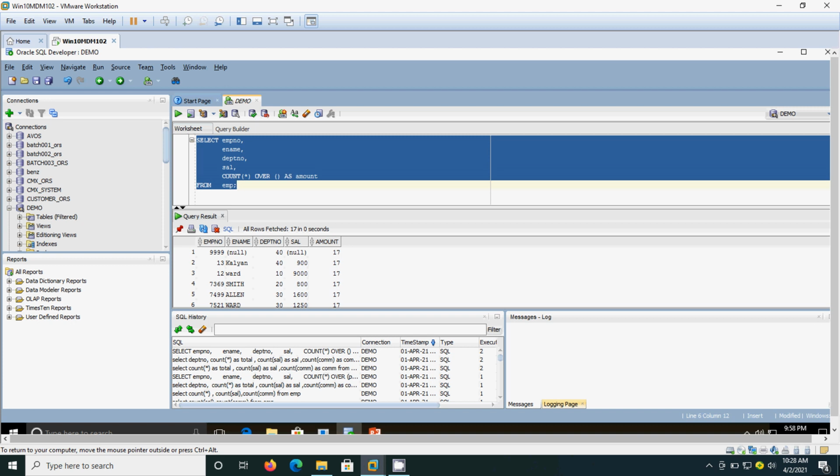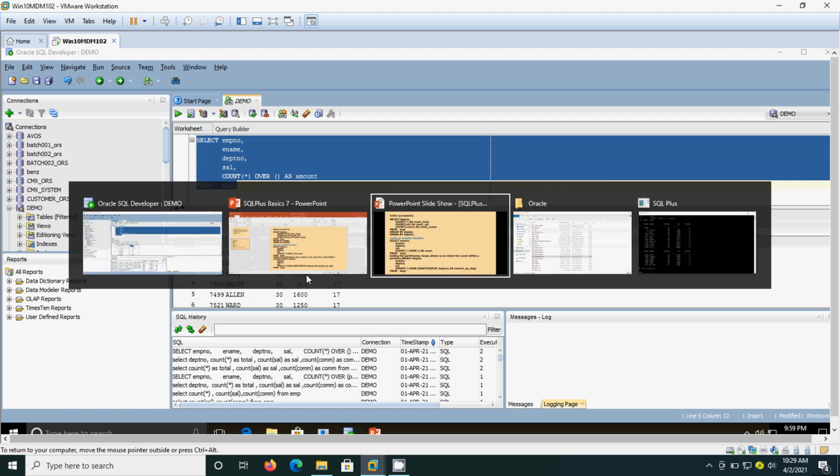Analytic, the word itself is self-explanatory. We are going to have a detailed analysis of the data. So here we are getting the multiple rows. When we use the over function, then we are getting the multiple details. That is, the entire rows are getting written here. Okay, that is what we are seeing here. This is for the entire table.